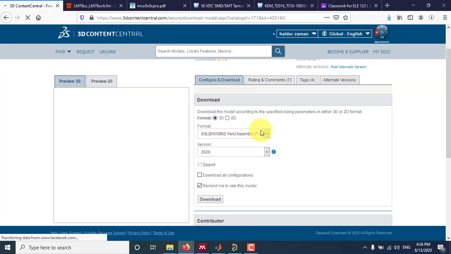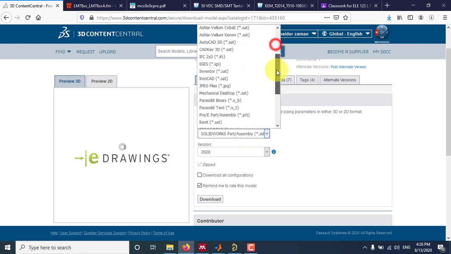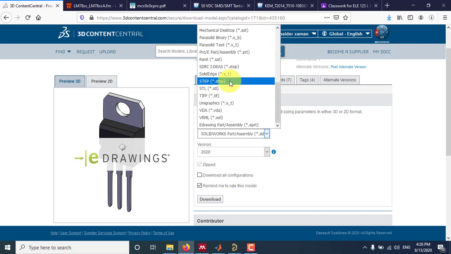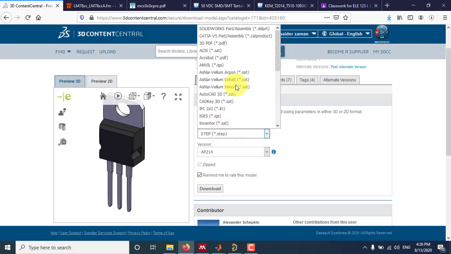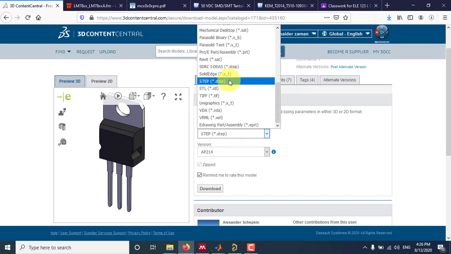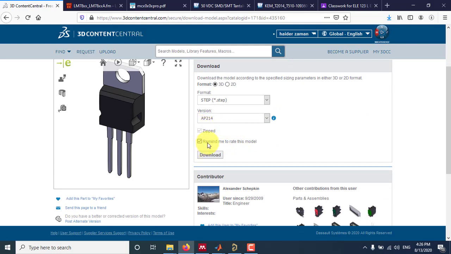Alright, and then we'll choose something that we can import easily, and that is the step. Okay, the step model. There are different formats, and I'll recommend you to use the step model. Here the other thing you need to consider is that you'll see a zipped option here. If it is checked and you are unable to uncheck this, it means that